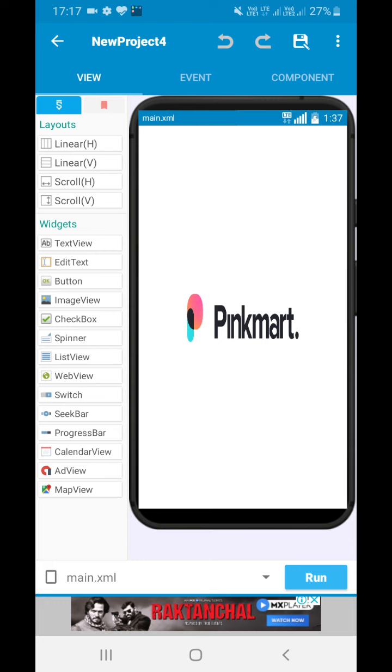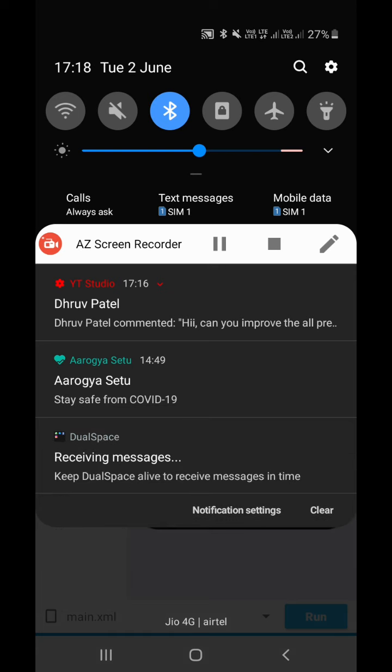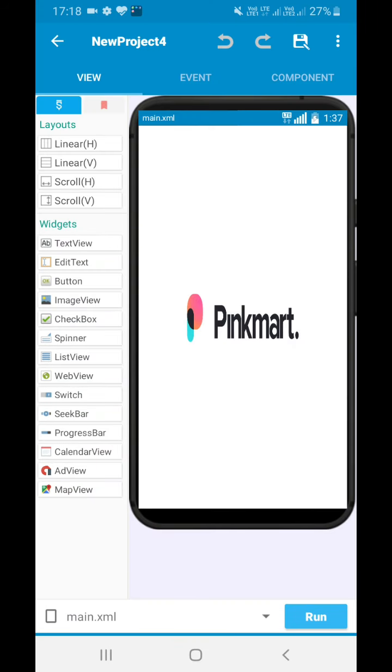For the WebView we will be needing two things. One is the logo of the company you are making the WebView app for, and the other is the website URL of that company, the website for which you are making the WebView Android app. First of all, we will be needing the main screen.